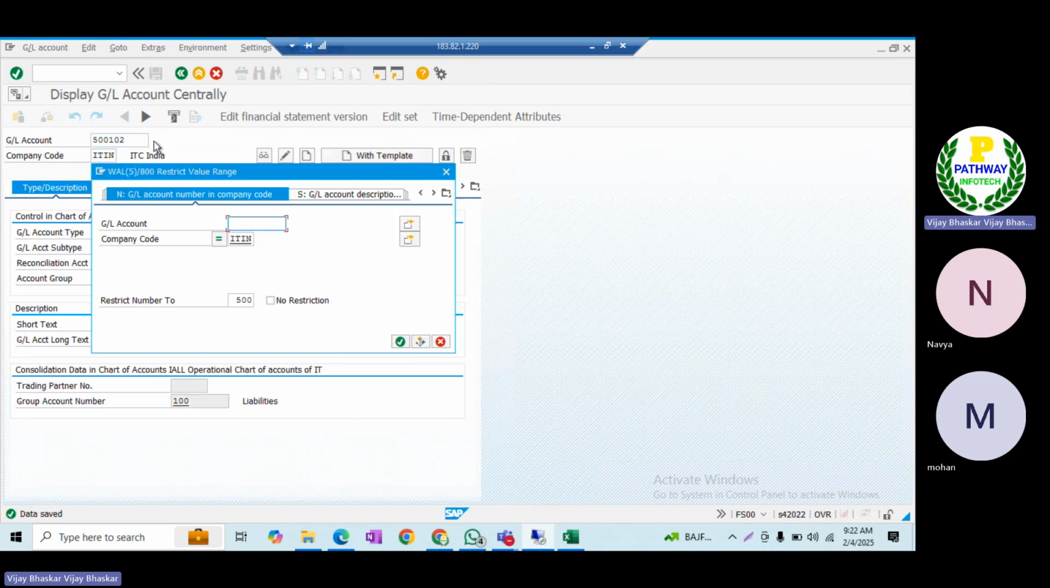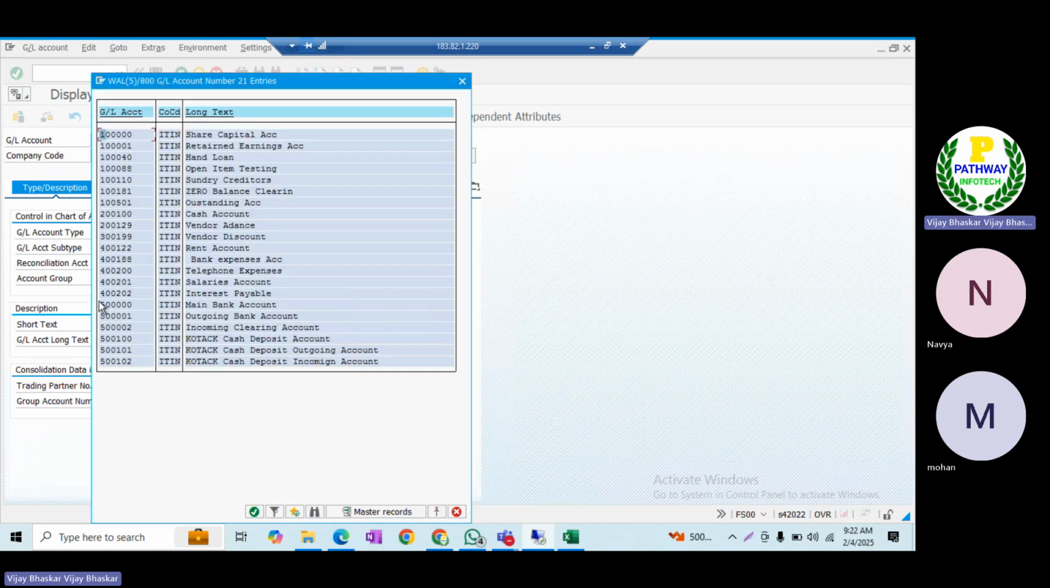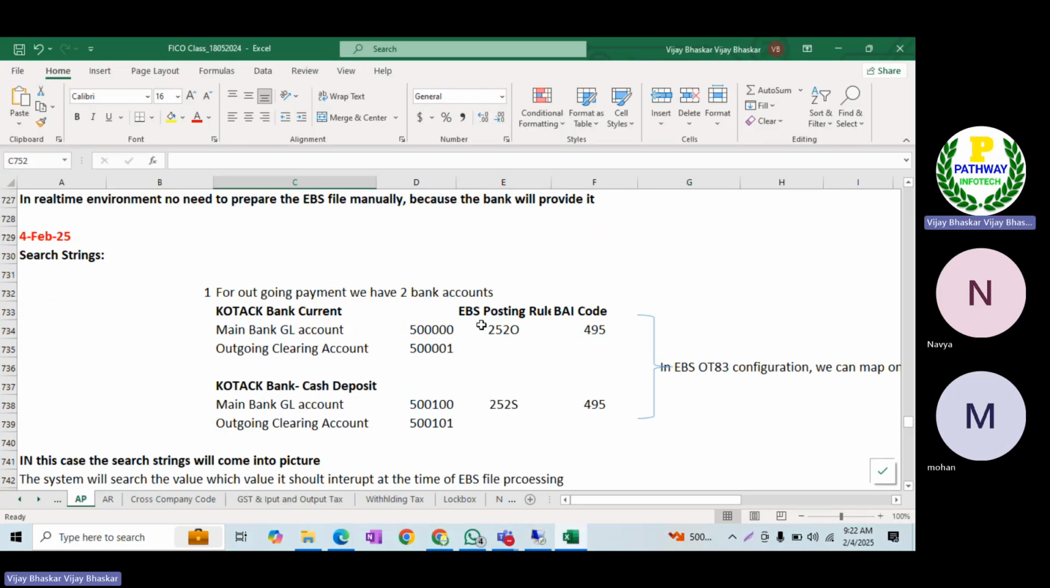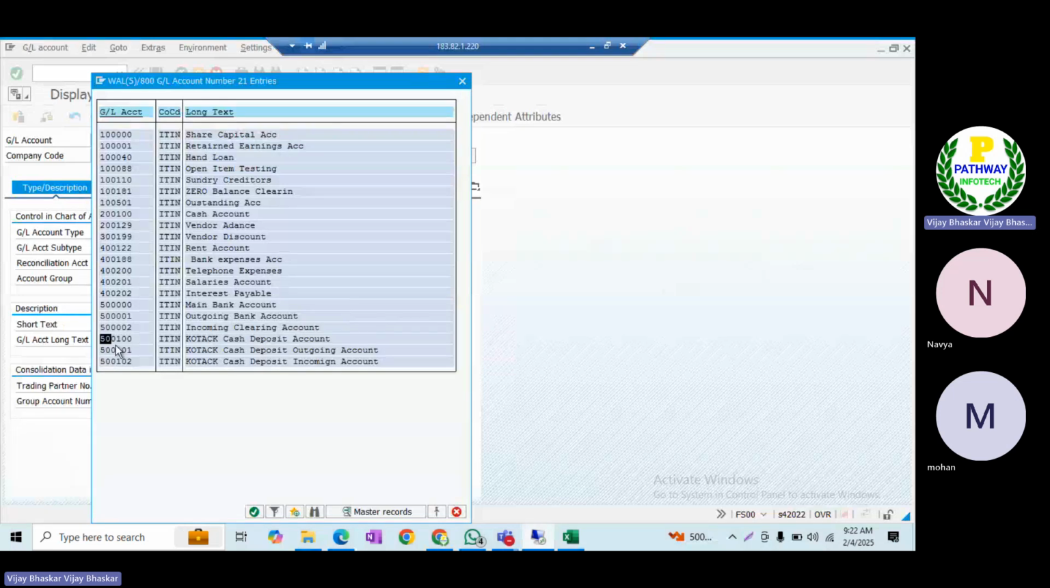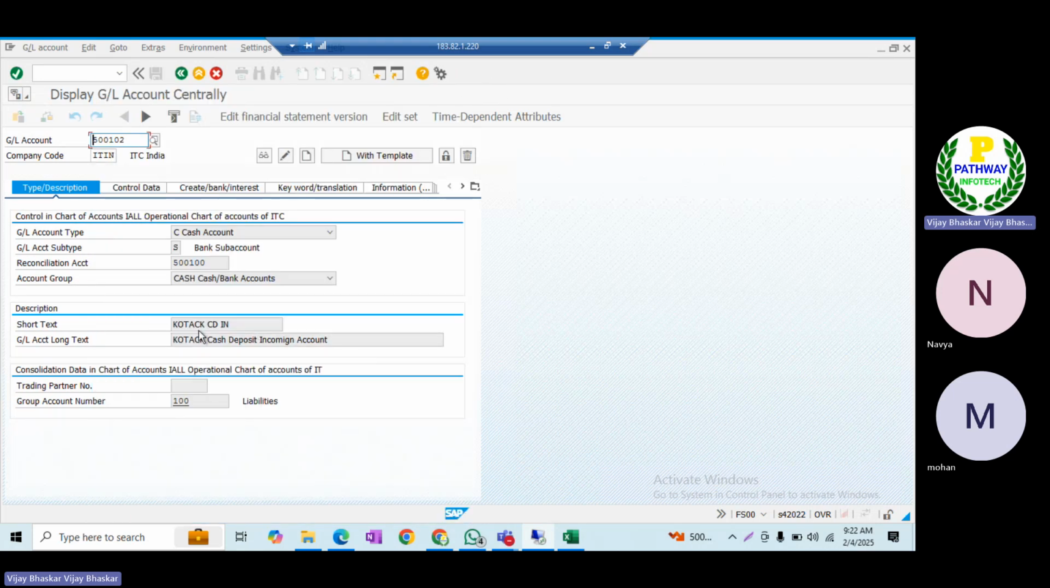Now, if you go here, these three bank accounts I explained, let's assume it's a current account. For the cash deposit account, I have created a separate set of accounts. You can see 500100, that series is completely different. My requirement is that both bank accounts, when sending the EBS statement with the same BAI code, should derive different